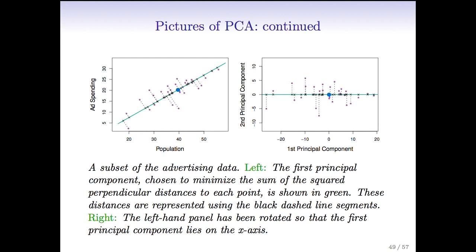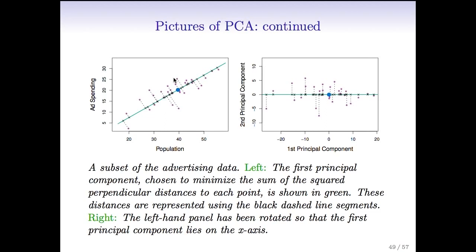So here's a bit of a zoom in on what's happening here. On the left-hand side here, we just have about 20 locations shown as purple circles. The reason that this green line here is the first principal component is because it's the direction along which the data varies the most. It's the line such that the points are the most spread out possible along the line. If I drop each point